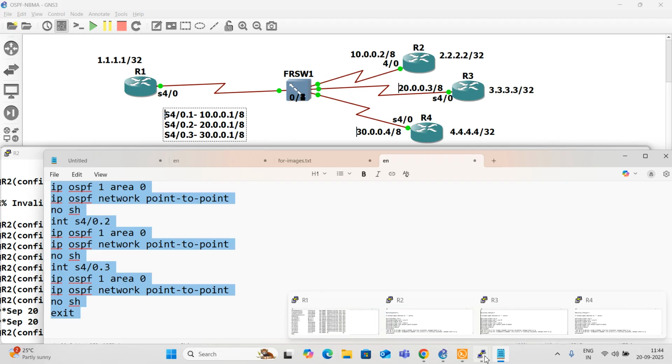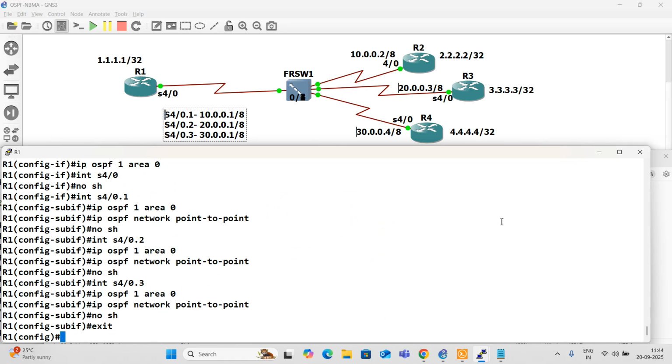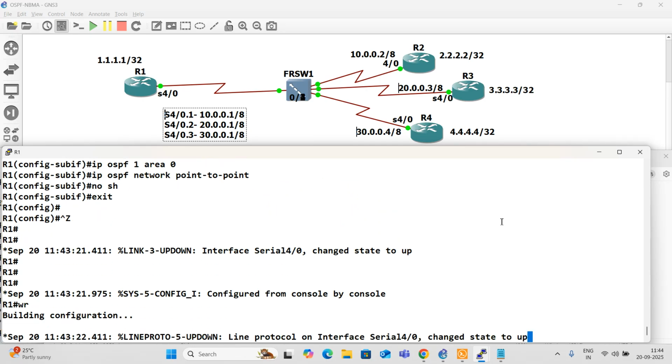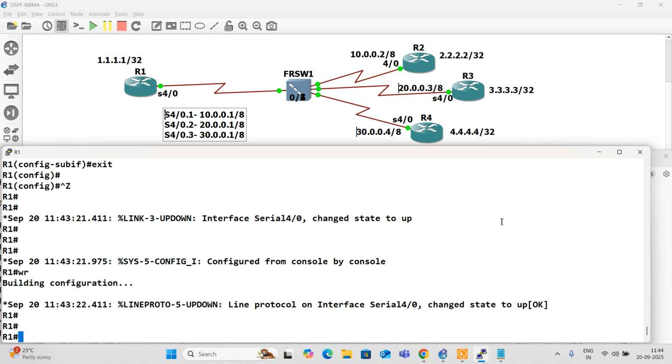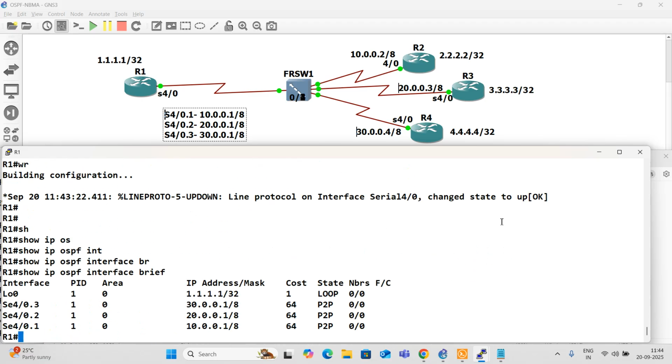Router 1. Okay, so next is show IP OSPF interface brief.